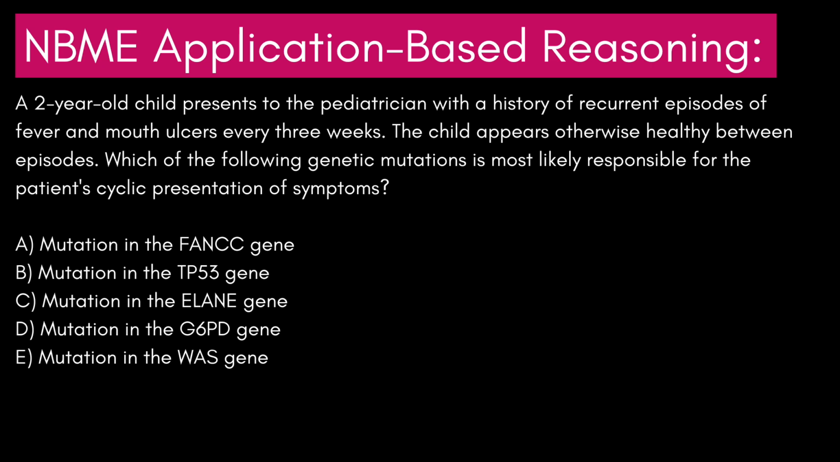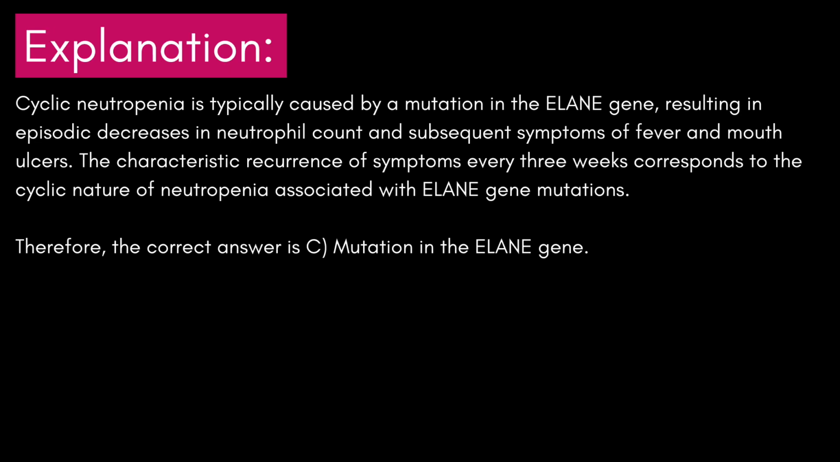All right, I think I gave you guys enough time here. I'm going to move on to see what the correct answer is and what the reasoning behind it is. If you need more time, feel free to pause the video. Otherwise, moving on now. Cyclic neutropenia is typically caused by a mutation in the ELANE gene, resulting in episodic decreases